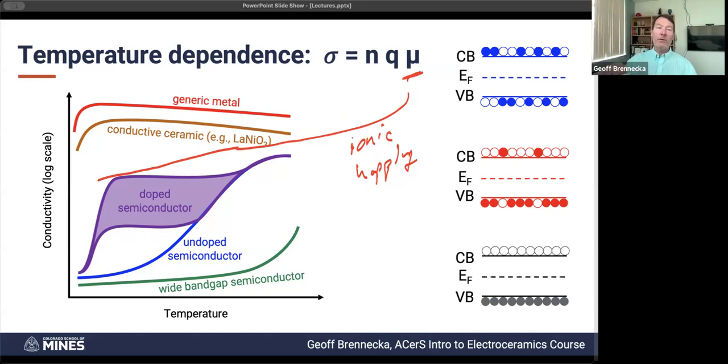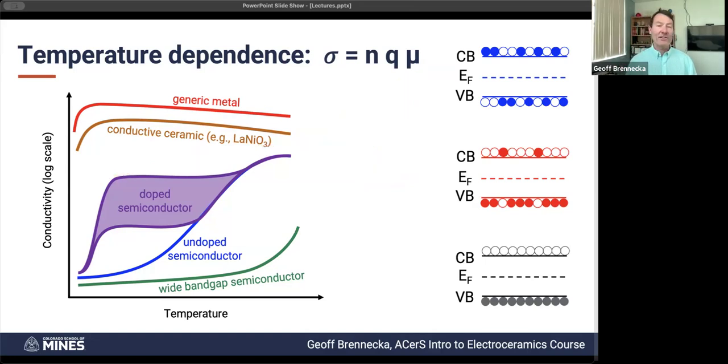Because we're increasing the mobility of the ionic species as we heat things up. So what would these look like with multiple conduction mechanisms? Shannon, you always ask the hard questions. It's going to be essentially a linear